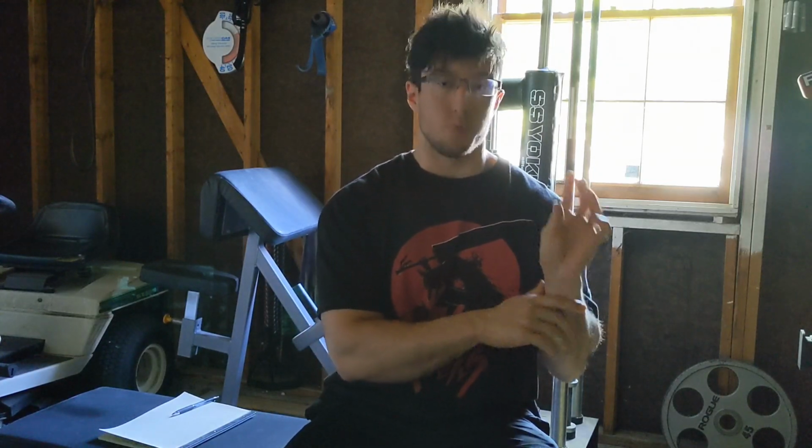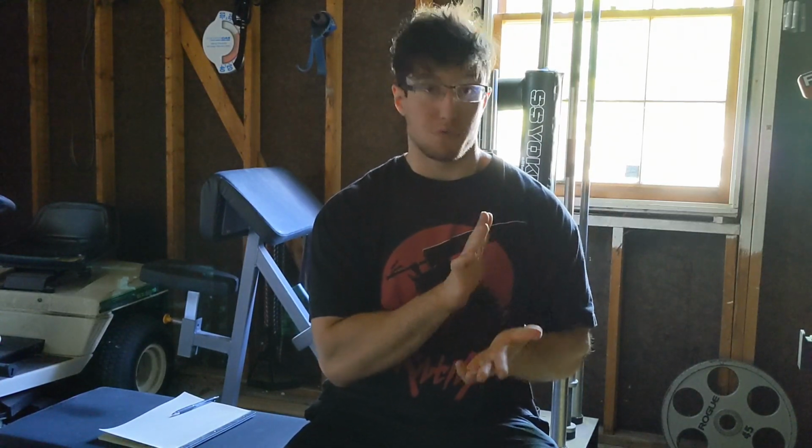For me, a perfect example of that would be good mornings. The issue with good mornings is that if you do them properly, the end of the rep should leave you with your back parallel to the floor. And then you reverse the motion to end up vertical and straight. The amount of stress on your lower back, on your hamstrings, on your SI joint, when you're in that position